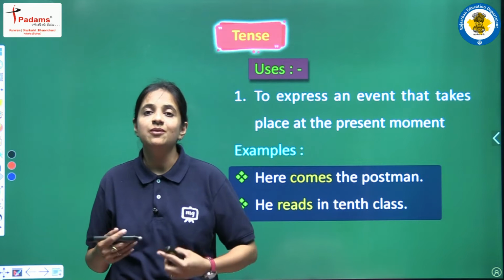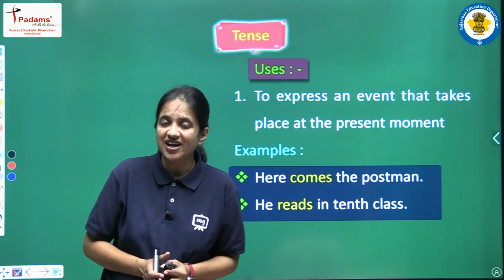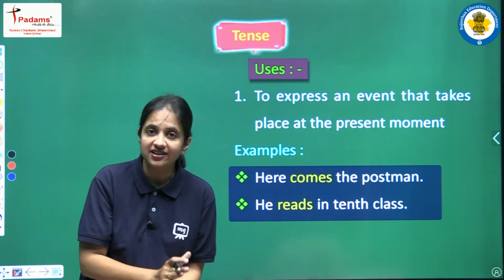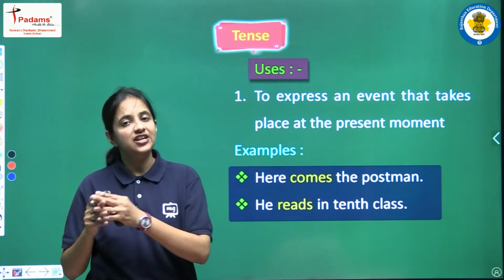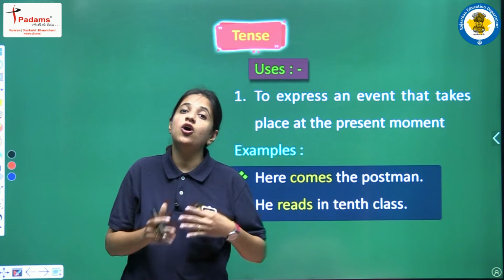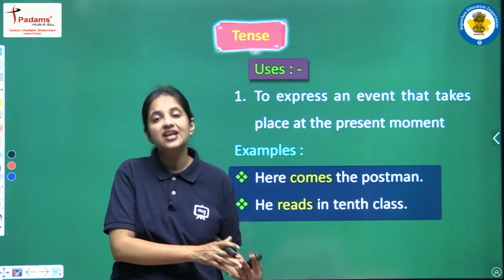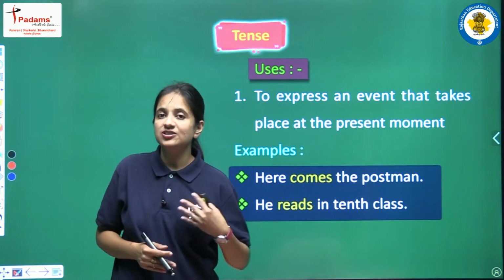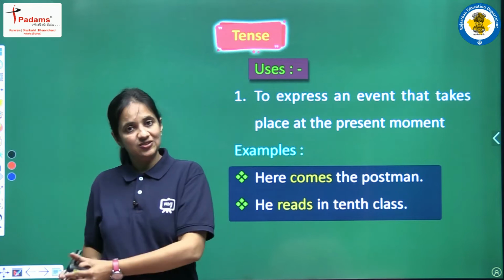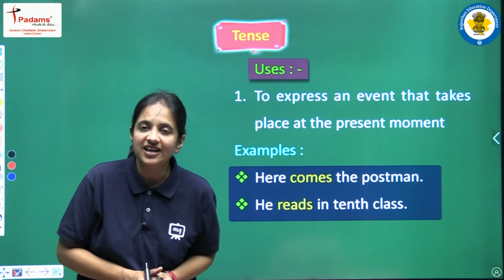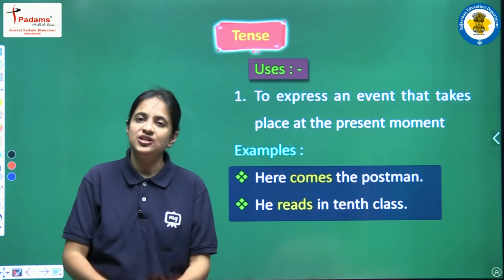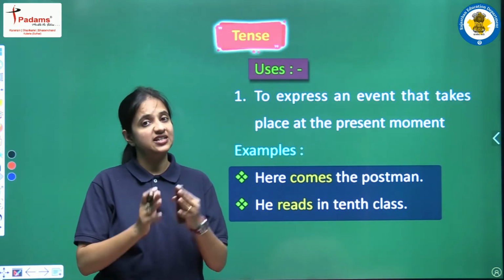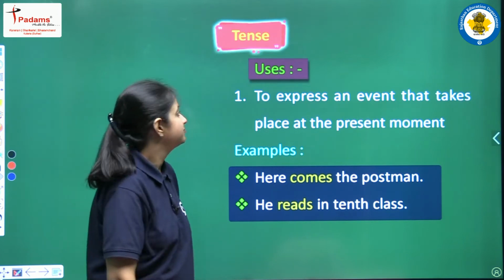It means हम sentence को पढ़ के कैसे पहचानेंगे that that sentence is written in the present simple tense, or we can say that we use present simple tense in what kind of the sentence. Okay, so again हर tense के जो use होते हैं वो अलग अलग होते हैं, हर तरह के जो sentence होते हैं वो अलग तरह के tense को use करके लिखे जाते हैं. So let's see some of the uses of this tense, that is present simple tense.